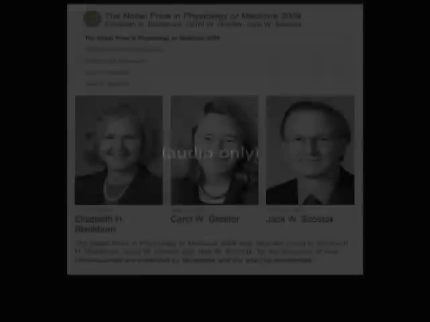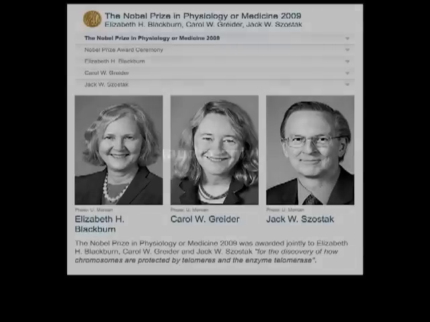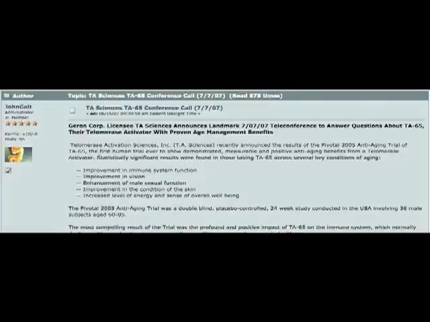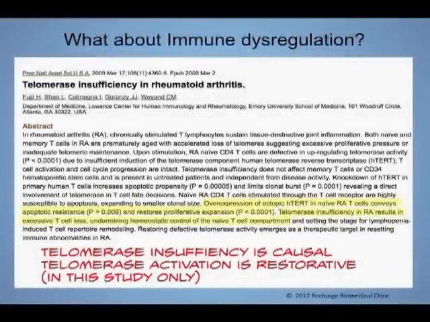But the facts followed, and then they got a Nobel Prize in 2009, the same year, for the discovery of that enzyme telomerase. And Geron discovered a telomerase activator, and in 2007, TA Sciences brought it to market, and people have been taking that. And again, one of the gentlemen we'll hear from later has been taking it since 2007. So 2 years into that, these guys did a study on telomerase insufficiency, and they discovered that, and this is a 1 in 10,000, this is a 5 in 100,000 chance that it's just random.